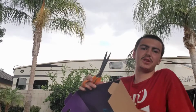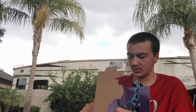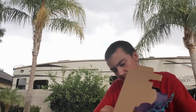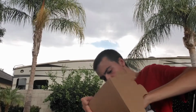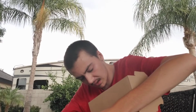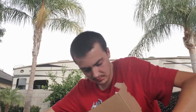See, he has a really difficult figure to actually get out of his box here. I'm glad I have scissors for this instead of an actual butter knife like I normally do. Because this figure is one of those figures that you actually need actual... I don't know what I would have done if I didn't have scissors to get this guy out, because he ain't gonna come out. Okay. So now...